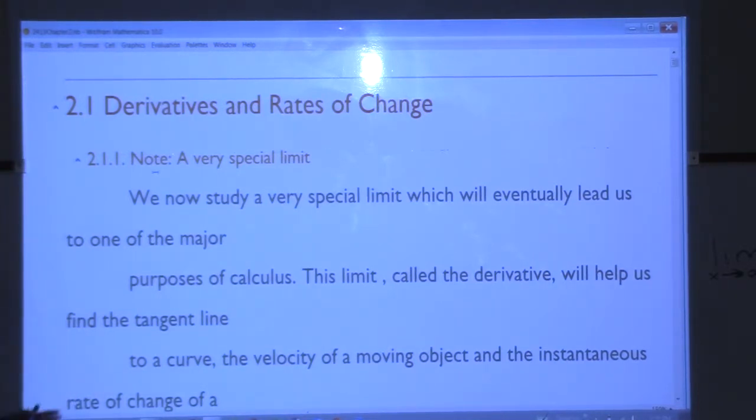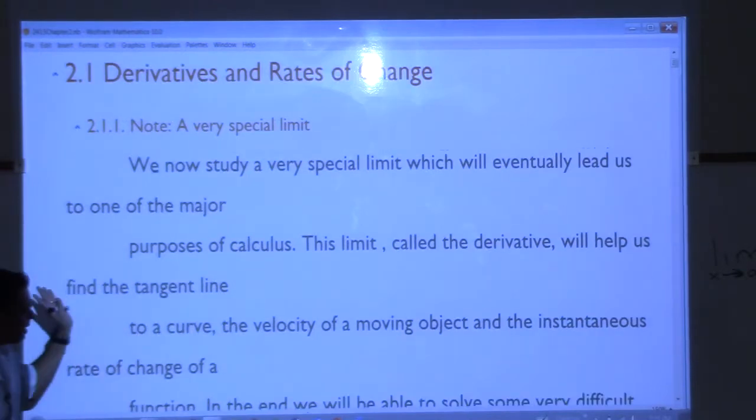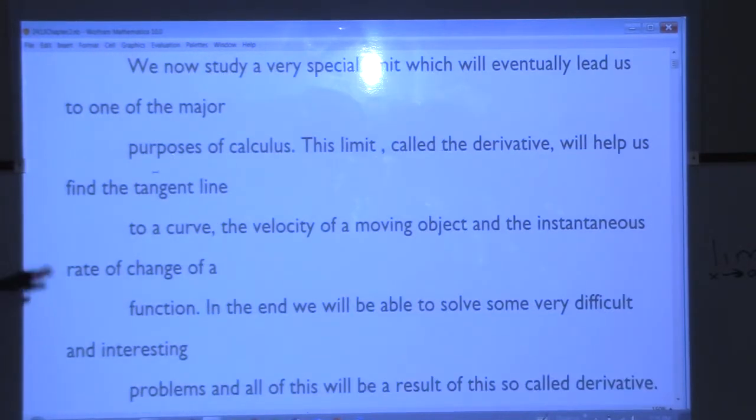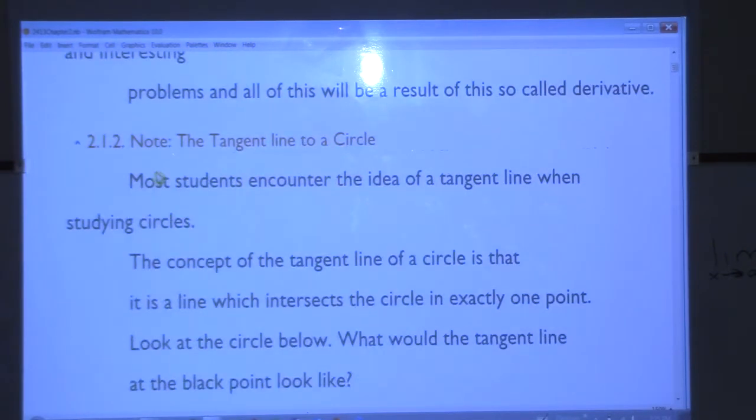And this limit that we're going to call the derivative will help us find the tangent line to any curve. So if someone gives us a curve, we can always find a tangent line. But before we can even talk about that and start getting into how we can talk about velocities of things, we need to all understand what a tangent line is. So tangent line, if you look at a circle,